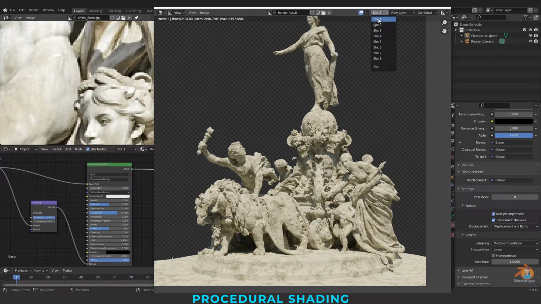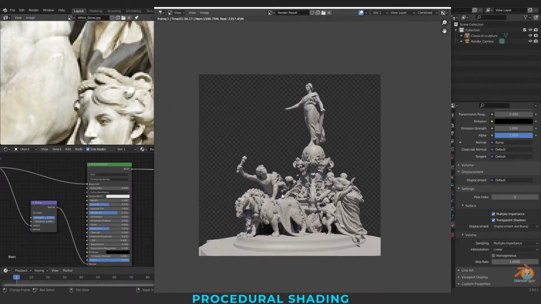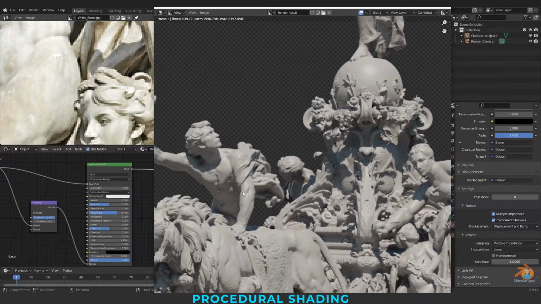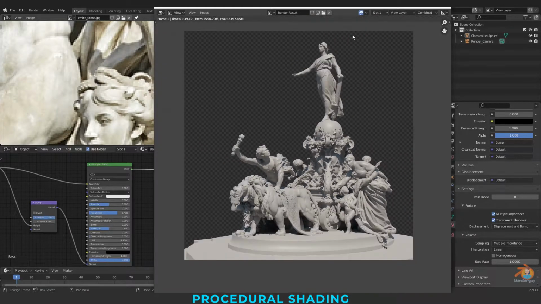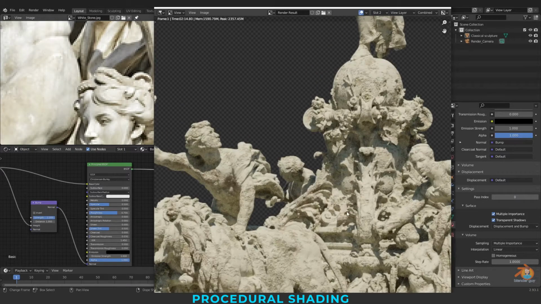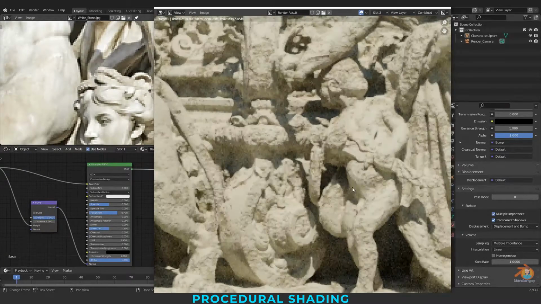So this is the one. This is our first, just with the shader, and this is our first material. Yeah, I can see the bump is more.